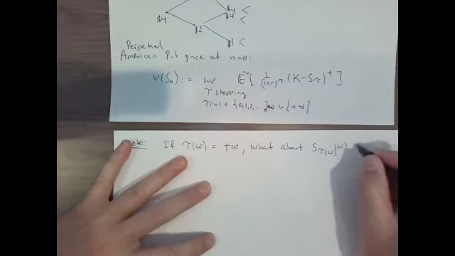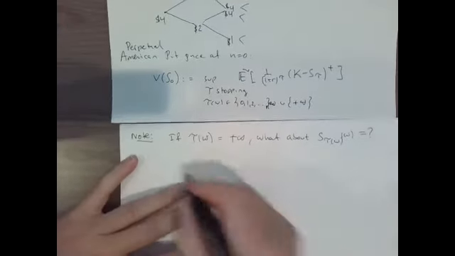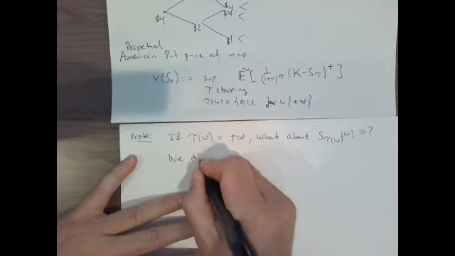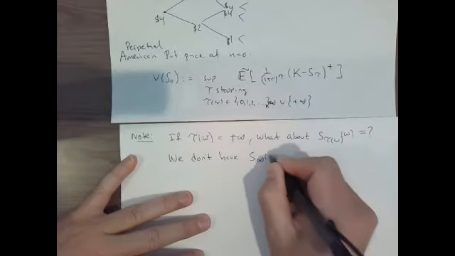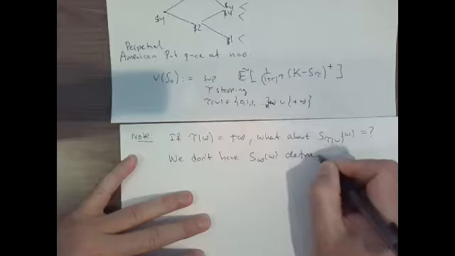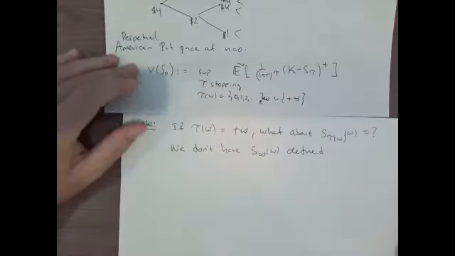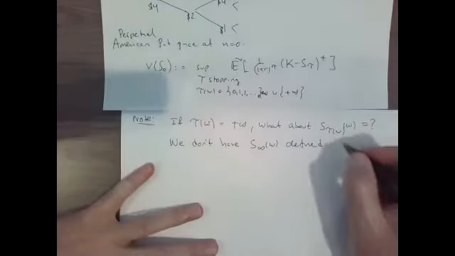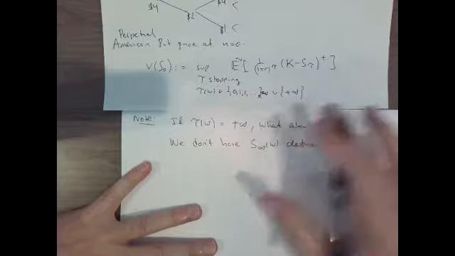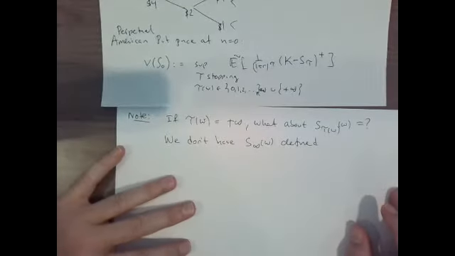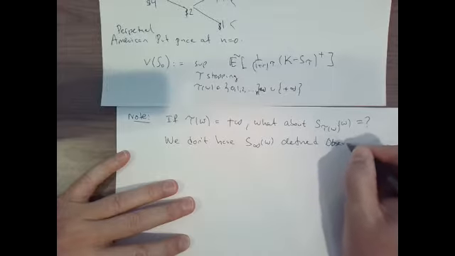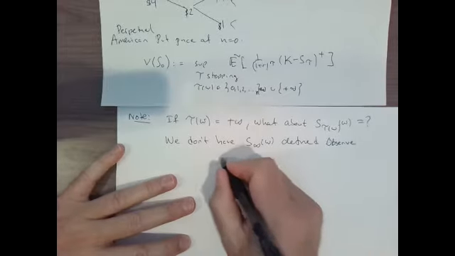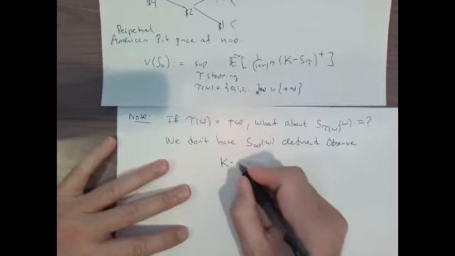What is that equal to? Because we don't have S infinity of omega defined. But the key is, it's very similar to that calculation we had earlier. So the thing to observe is, if I look at K minus